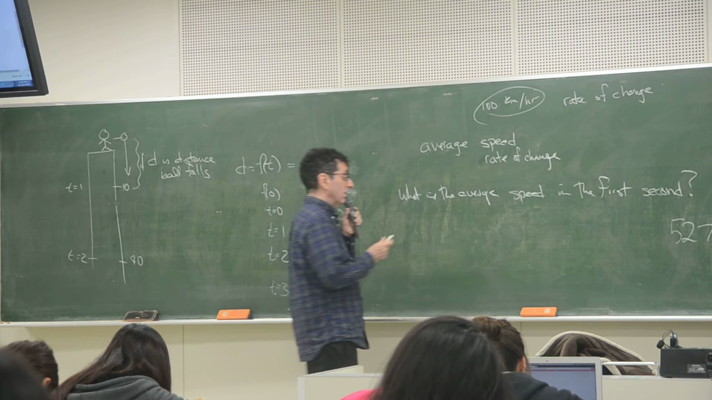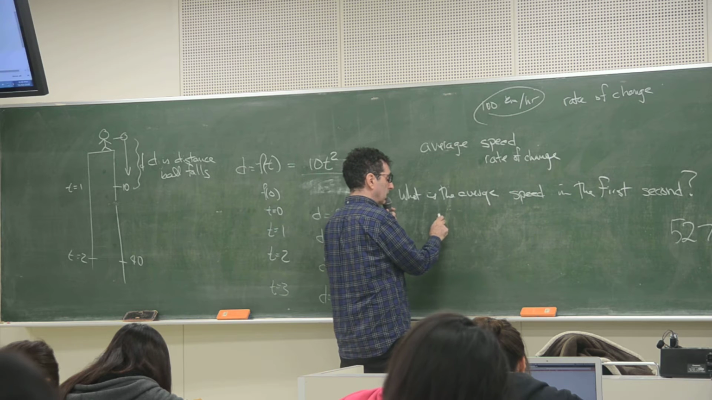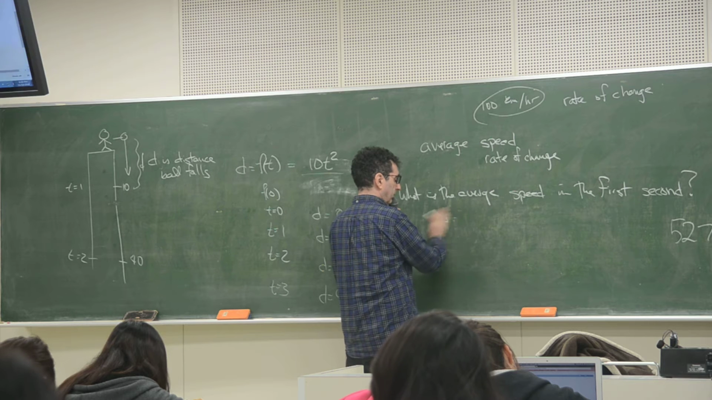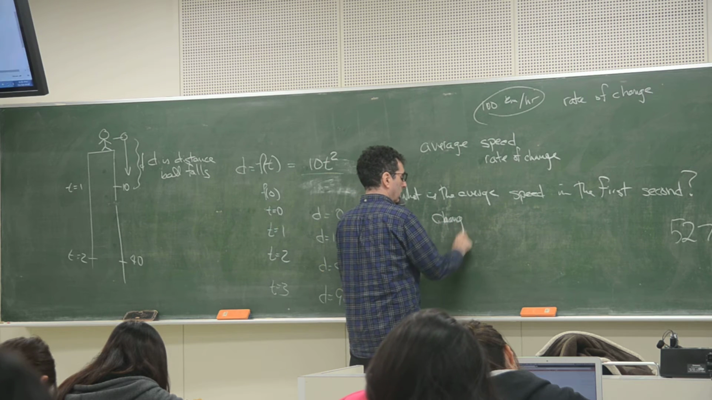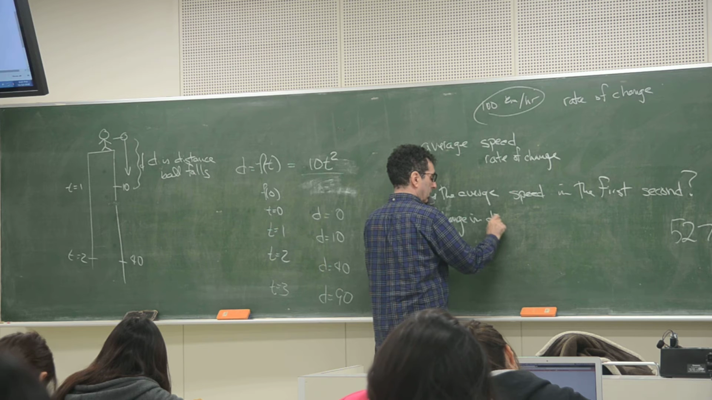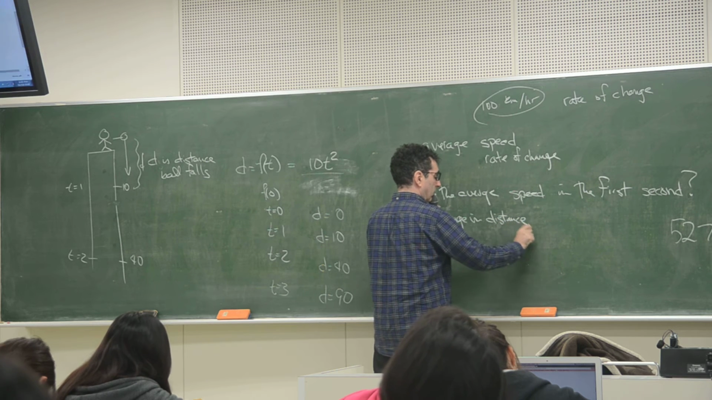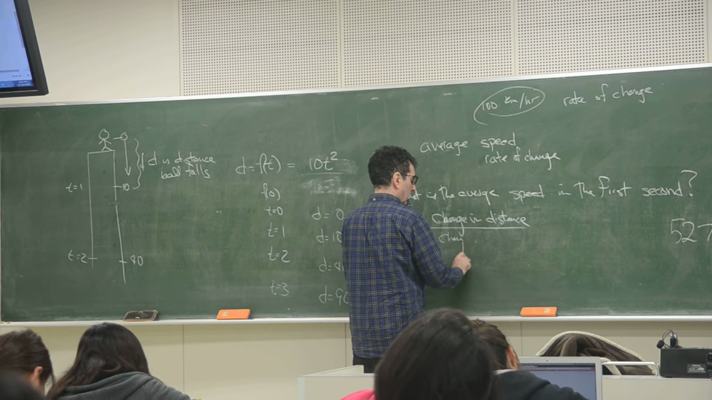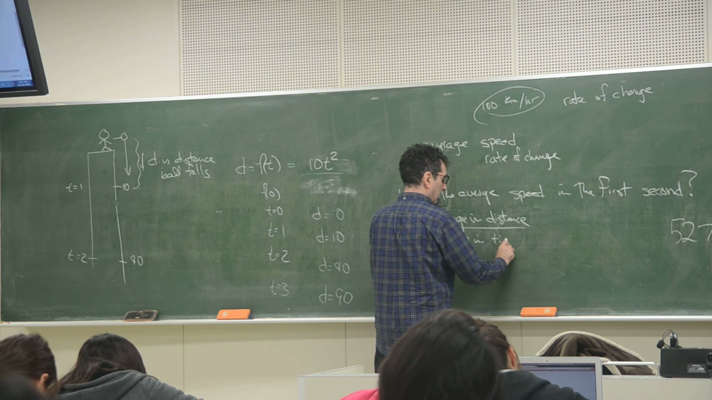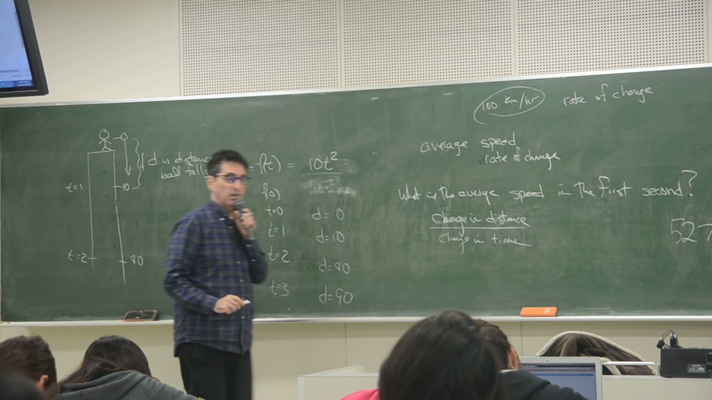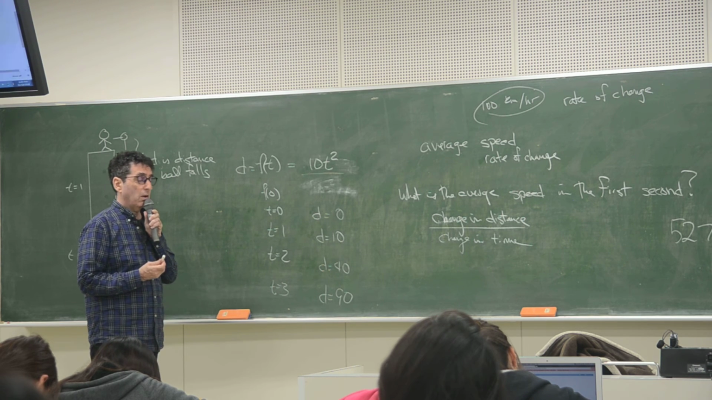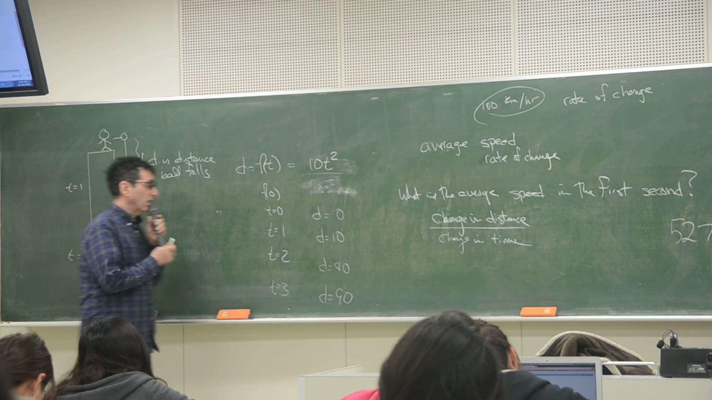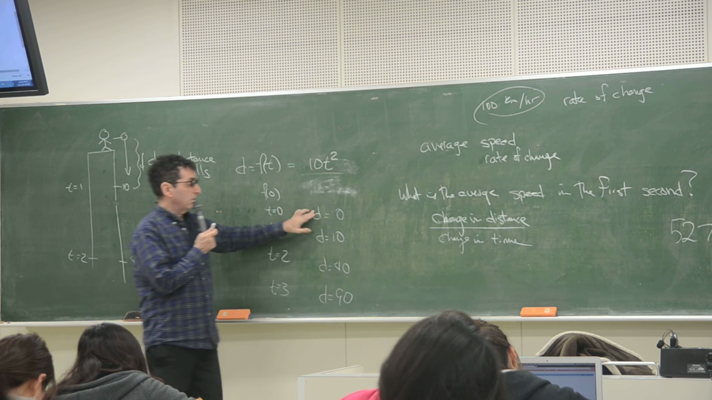And that means the average speed means the change in distance during the first second over the change in time during the first second. Okay, so what was the change? Oh, by the way, what was the change in distance in the first second? It went from t equals 0